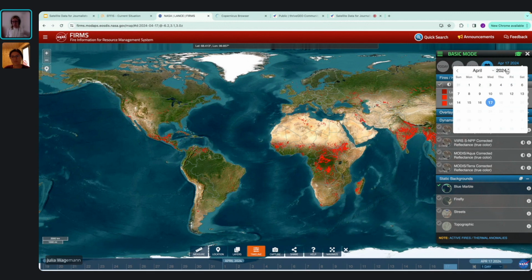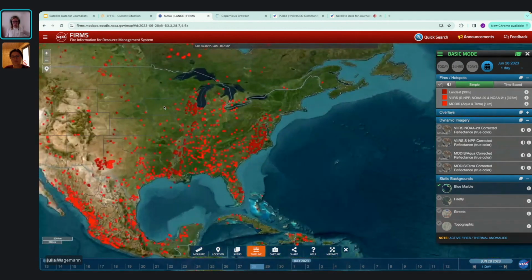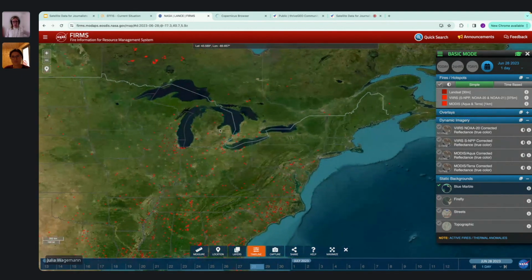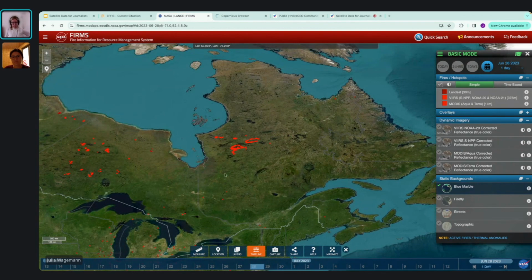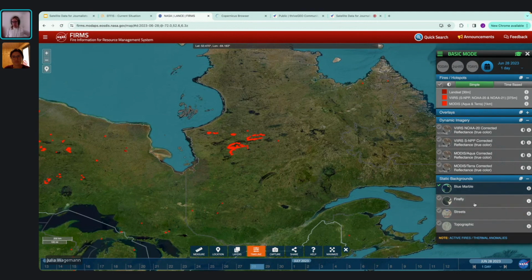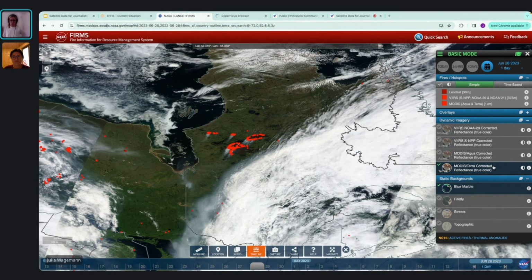So if we, for example, go back to our example from Canada in June on, let's say, the 28th of June, and we zoom into Canada, then we see here specifically Quebec had quite some fire hotspots, and you can then additionally also add a true color composite from either MODIS or VIIRS.